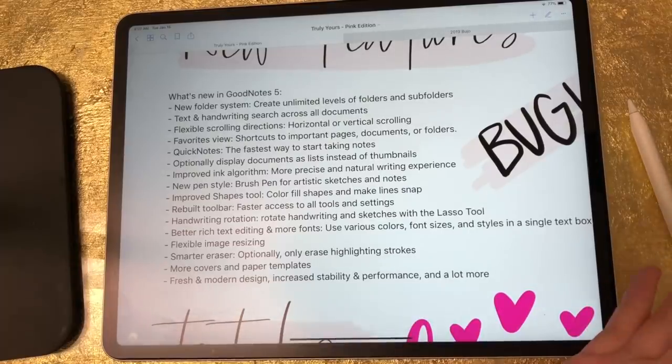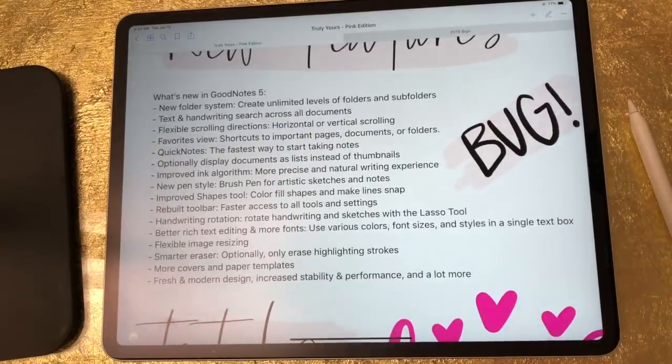It's got quick notes, which it says is the fastest way to start taking notes. I did not play around with that last night because I strictly use GoodNotes for digital planning. I'm doing this video for digital planners, not necessarily note takers. So that is something that I haven't played around with. It's got the ability to optionally display documents as lists instead of thumbnails like I showed you earlier in the main menu. It's got improved ink algorithm, more precise and natural writing experience, but to be completely honest with you